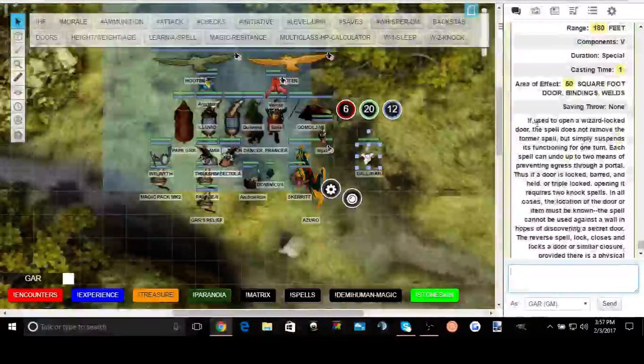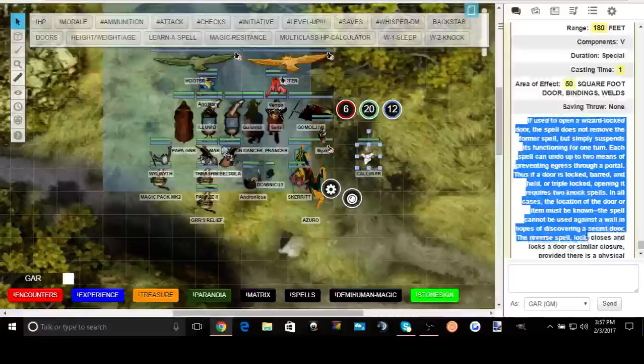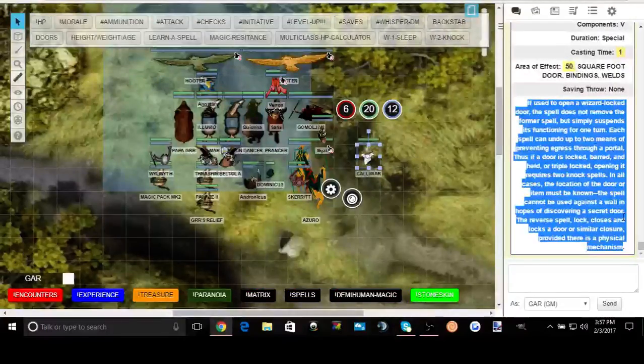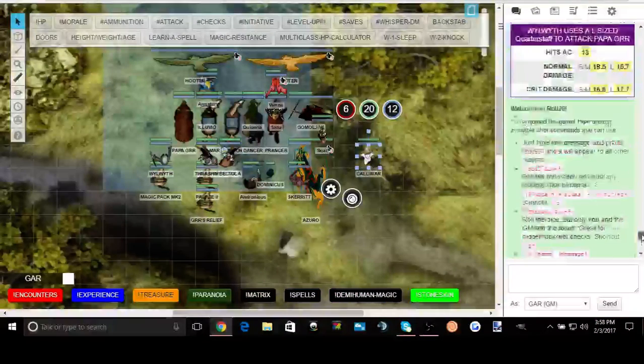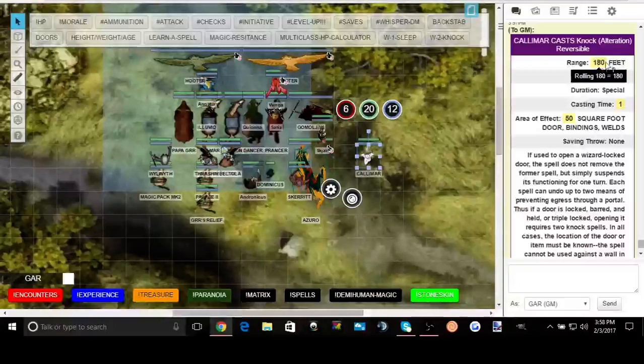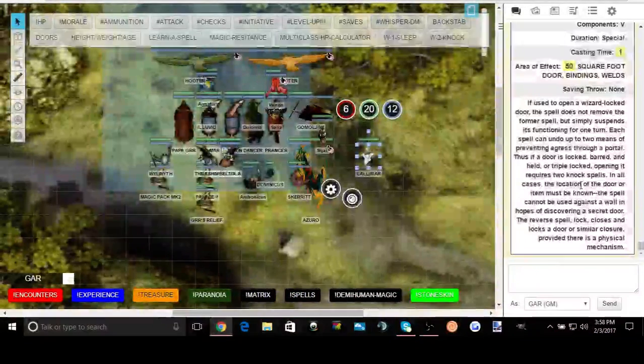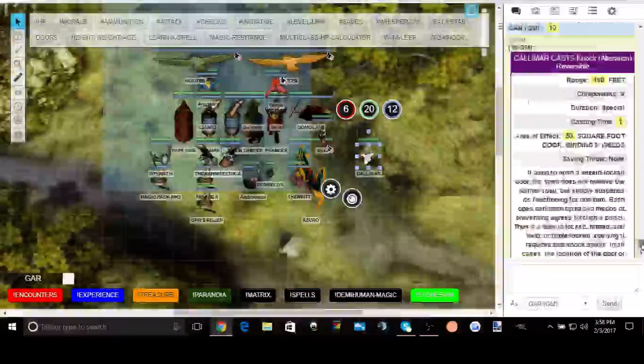And this is kind of a wall of text, in my opinion. I'm going to need to go back in and do a little bit more technical writing and limit it to maybe half that space. Okay, but you can see what I mean by the 180 is in an orange rectangle. Calamar cast knock, alteration reversible. Okay, you remember me doing that at the beginning of the video. Casting time 1. I like to have all the numbers highlighted. That's just my personal opinion. It looks better, and I like high quality stuff for my players. I take a lot of pride in quality for the players. So, and then also having this database